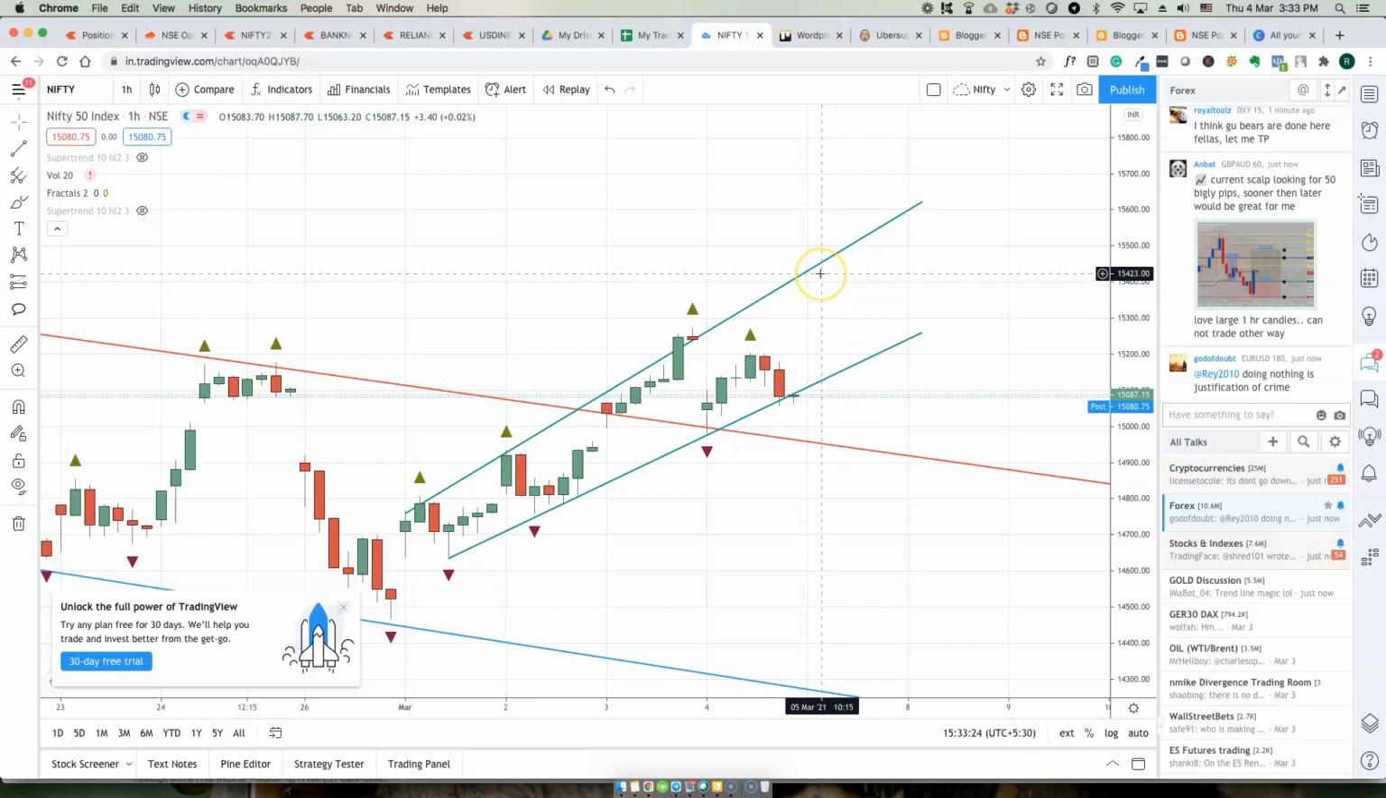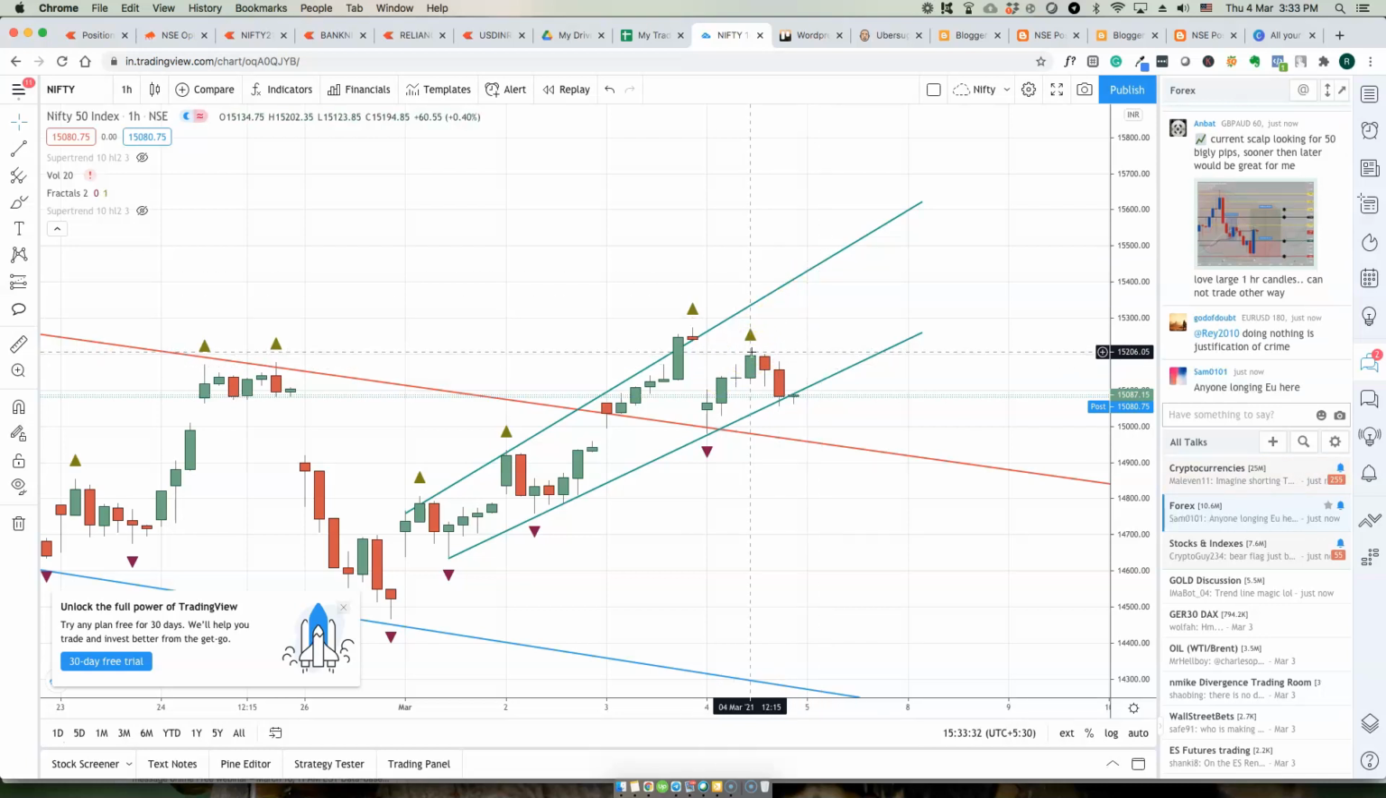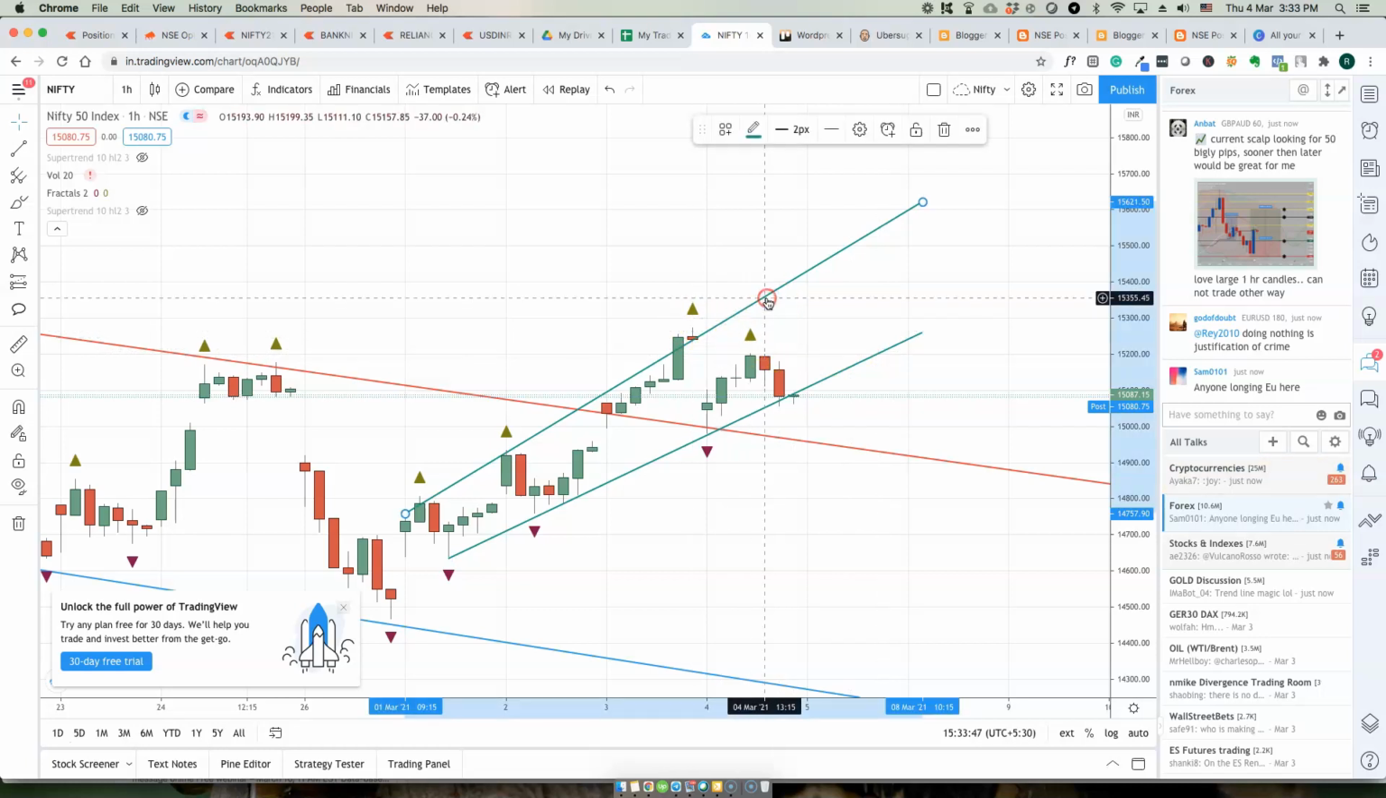15,100 to 15,420. If you want to see support levels, there is a support here. It can be support or resistance around 15,200, right? 15,200 can be support, or if you want to look at these two lines,